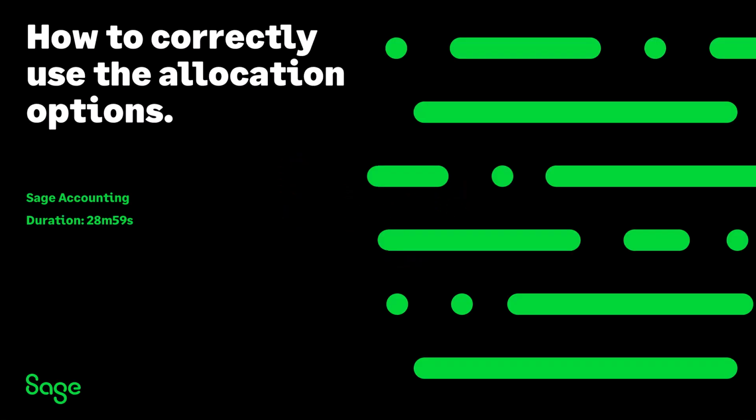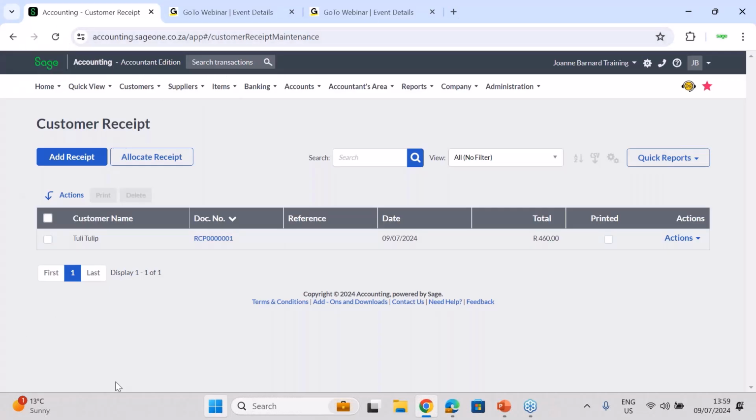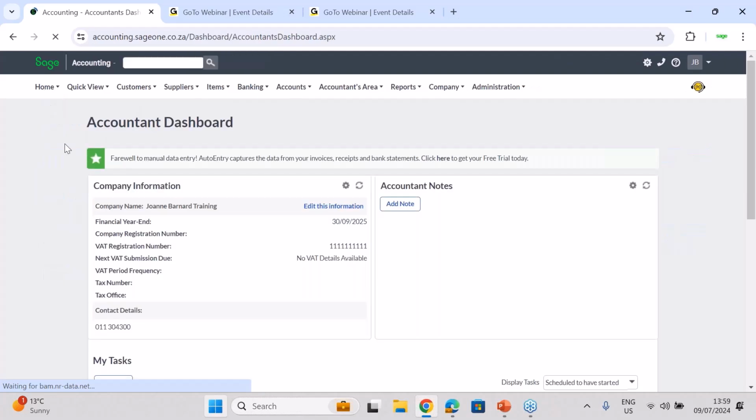So guys, today what we're going to be discussing is the allocation of customer and supplier receipts in Sage Accounting, which is our online version. So if you had to log in, you'll see that you have your different dashboards,